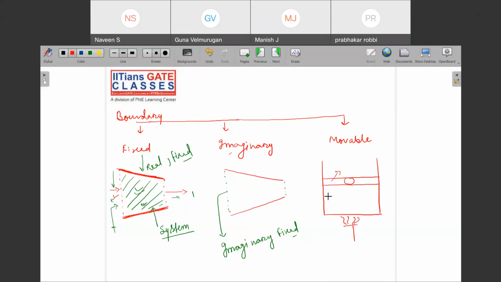Your study is focused only on the gas, whatever amount of gas is inside it. So you are not worried about what happens to this piston or the cylinder walls. So your study is now limited only to this gas. So you create again a boundary, and this is the real boundary. So you create a system here,